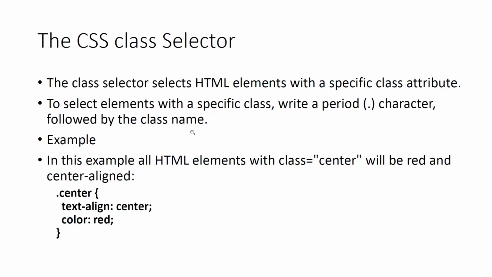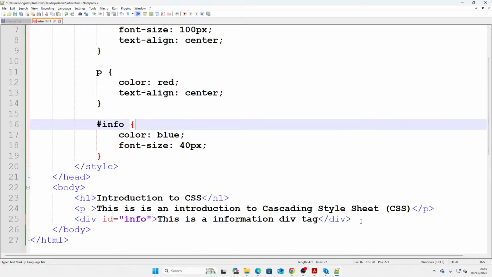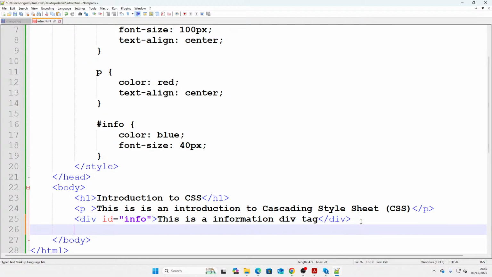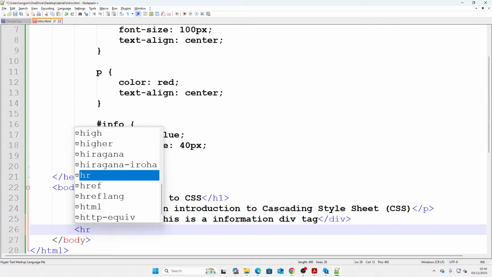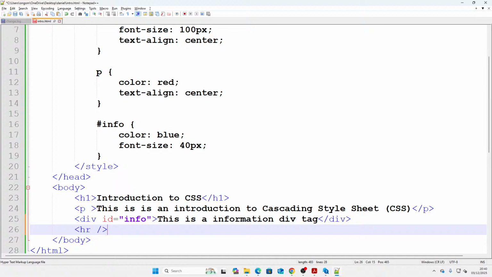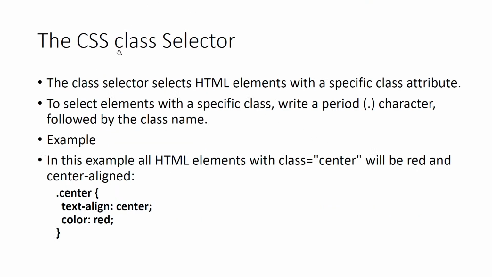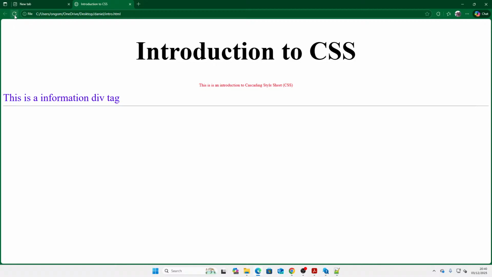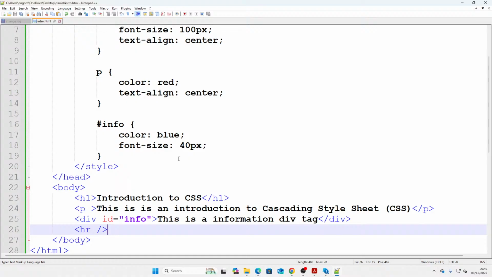How do we do that? Let's go to our code, and then you see it physically. So now I'm going to add one more tag. Let's say we want a horizontal rule, HR. The horizontal rule, as we all know, adds for us a horizontal line. So let me just come back here, refresh it, then it adds for us this horizontal line. We want to probably change the color of this horizontal line to something else. But to do that, I'm going to add a class attribute